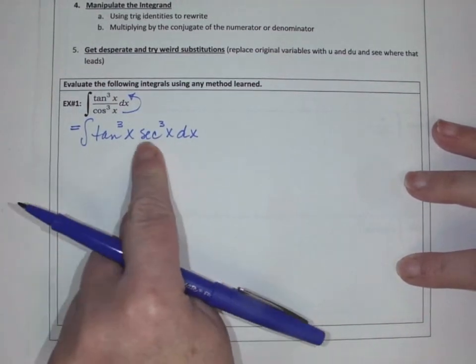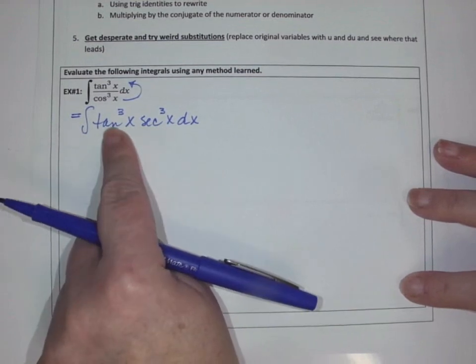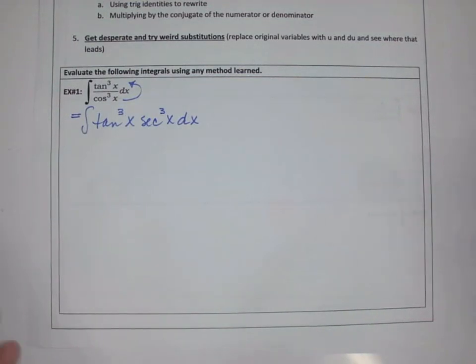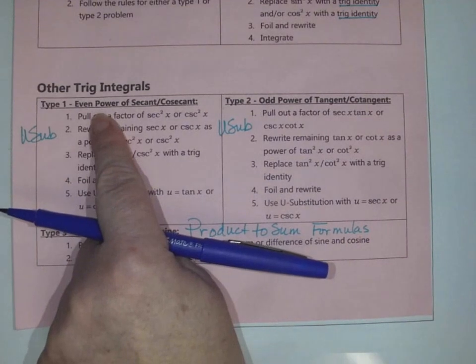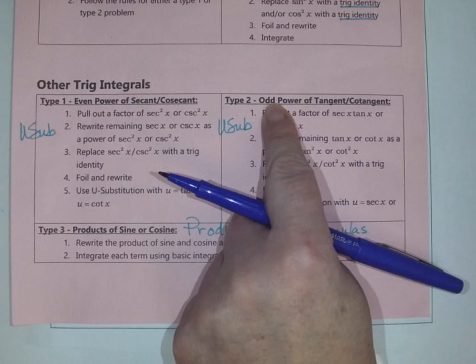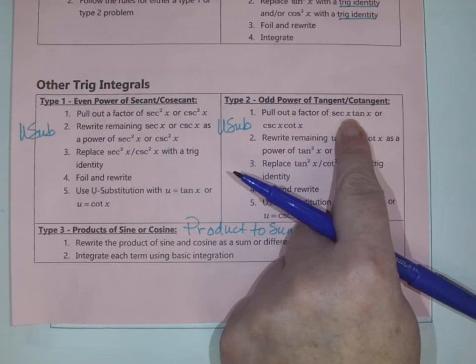Now we're going to look at our sheet for tangents and secants and see if it matches one of the types. If it doesn't, then I would turn it into sines and cosines and see if it matches one of those types. But let's look. So we've got either an even power of secant, which we do not have because it was secant cubed, or we have an odd power of tangent, which we do have because it was tangent cubed. So we're going to do type 2, odd power of tangent,